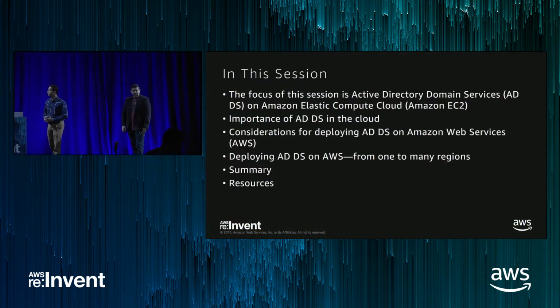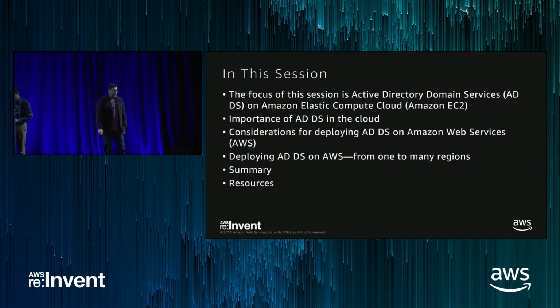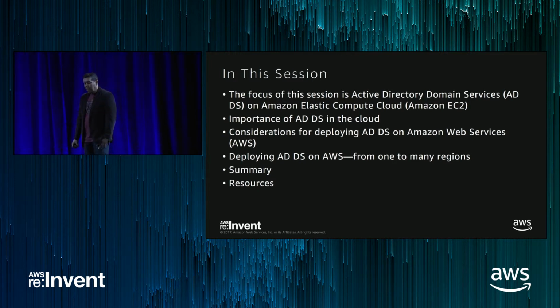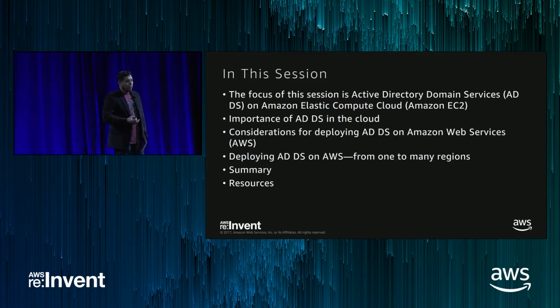Thank you, Vinod. So today, the focus of our session is going to be Active Directory domain services on EC2. And this is a great use case for customers that want to deploy a single forest, single domain across one or many different regions within AWS. It's also an excellent use case for customers that want to deploy enterprise applications like Exchange or other applications that may require elevated permissions or access to certain containers within AD that may not be available within Directory Services Managed